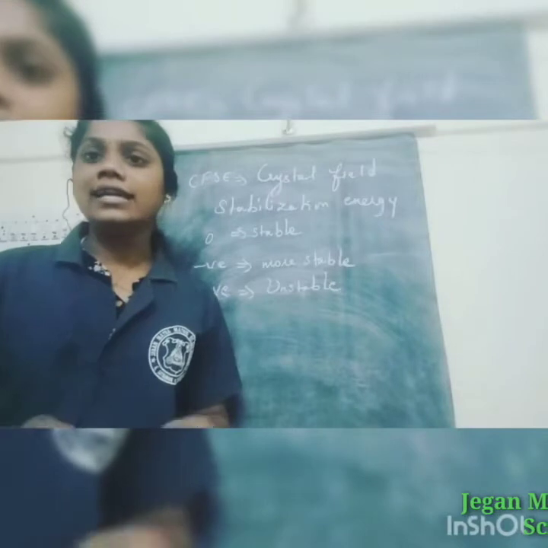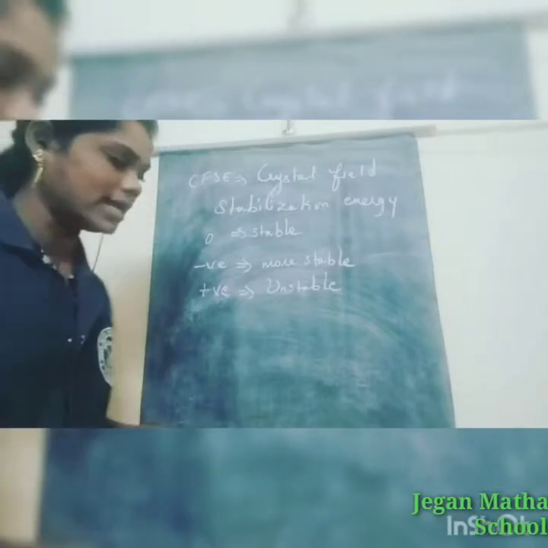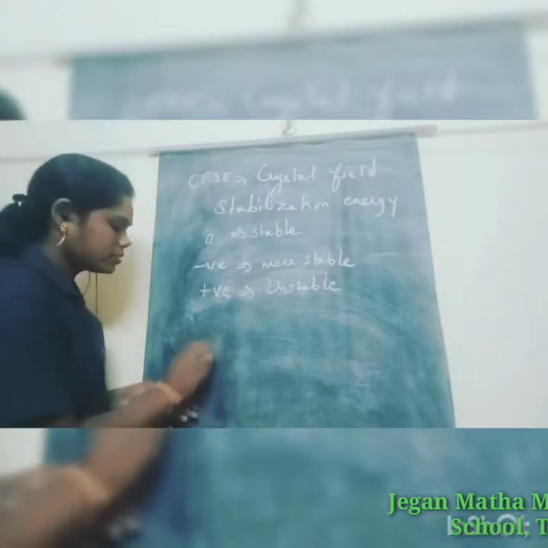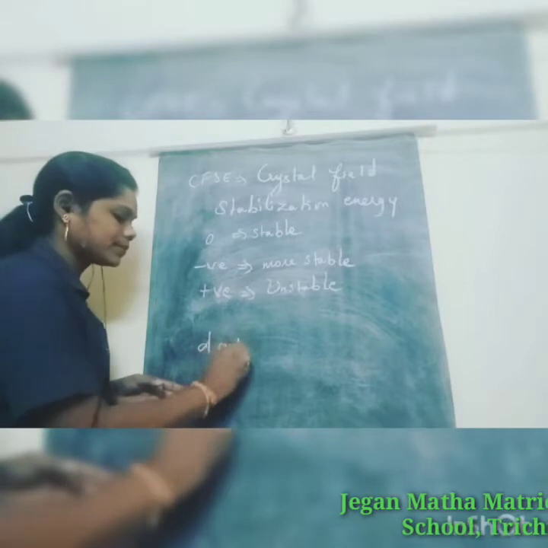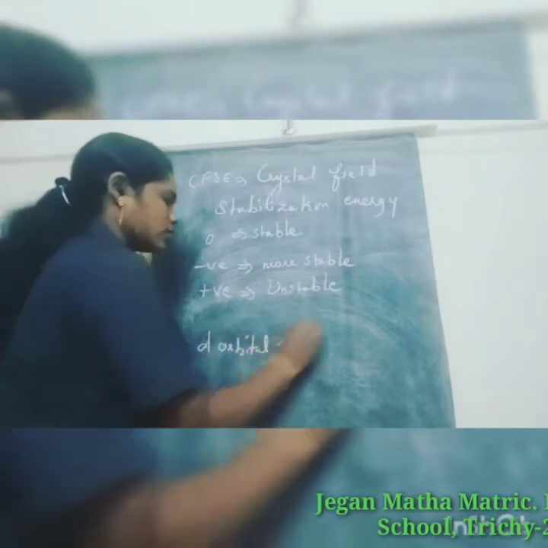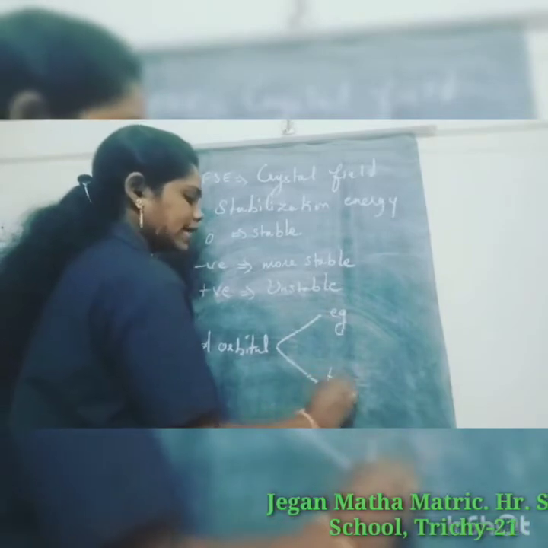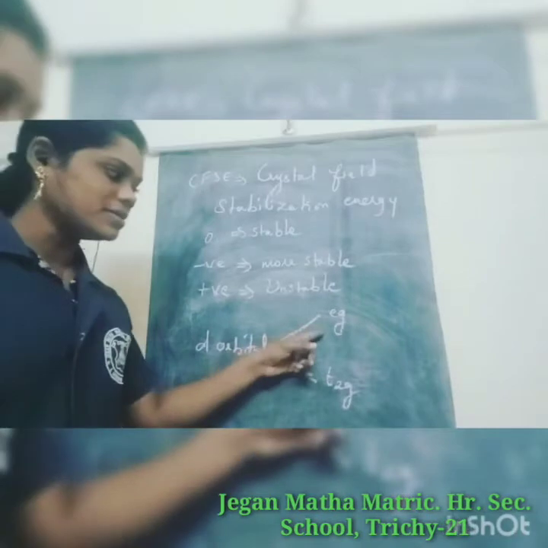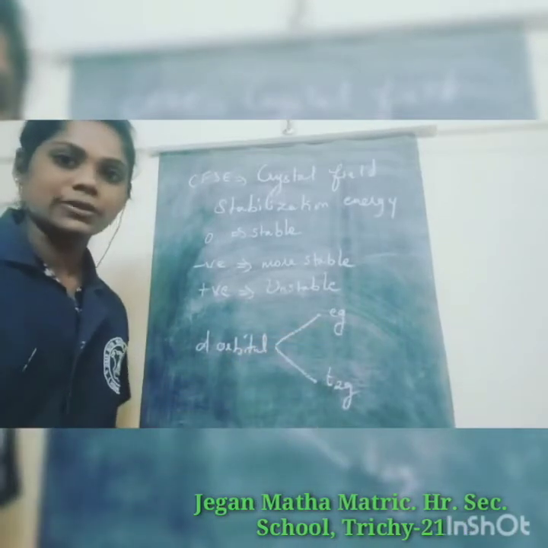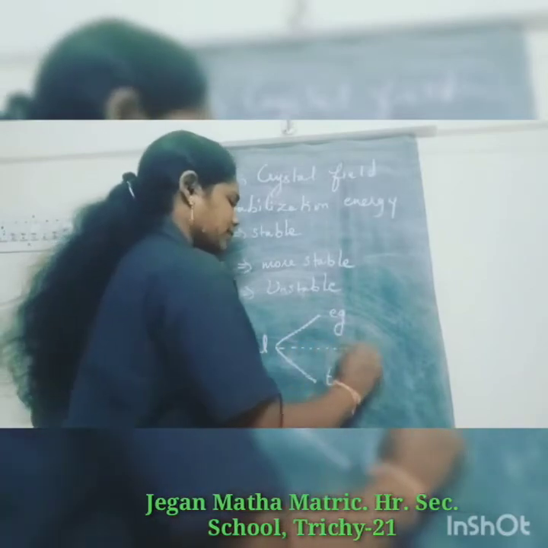And the octahedral splitting diagram, you already know that. So once again I draw this one. This is the octahedral splitting diagram. So here the d orbital splits: this set is known as the Eg set and this is known as the T2g set. So totally two sets are present here, one is the Eg set and another one is the T2g set. Here the barycenter is present.